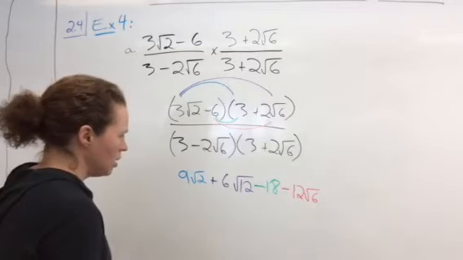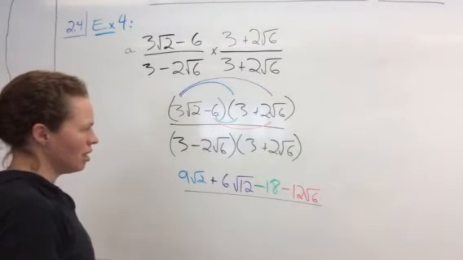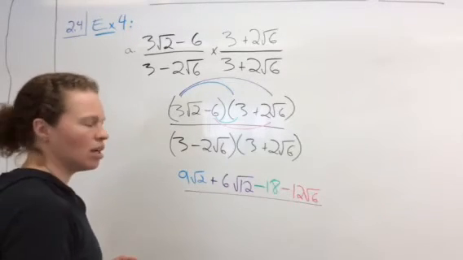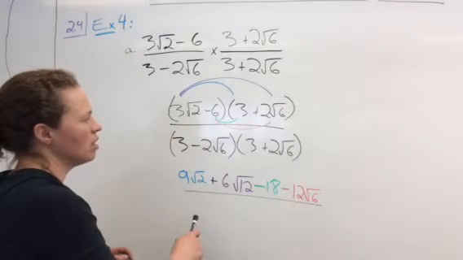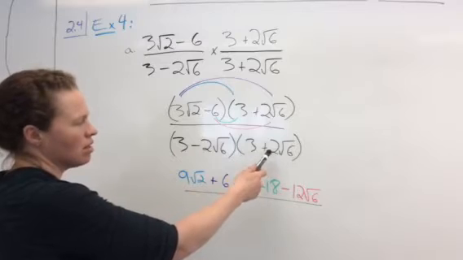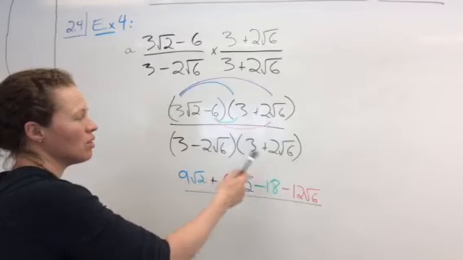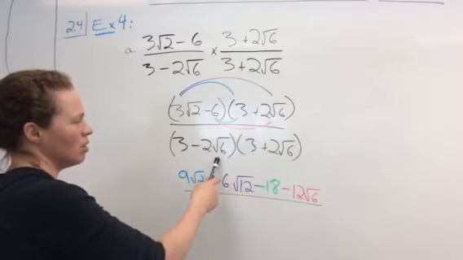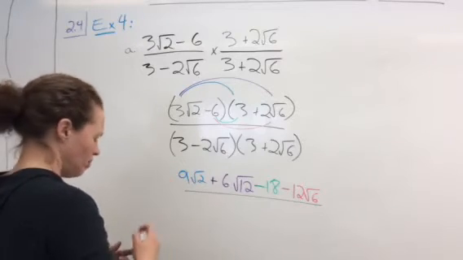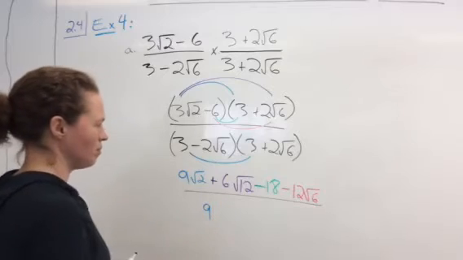So, make my line, and I'm just too lazy to do it long. I would go 3 times 3 is 9, and then I would go 3 times 2 root 6, no one cares because it's positive. It's exactly the same as this, which is going to be a negative. Those two are going to cancel out, so I'm going to end up with just minus 2 root 6 squared. So I'm going to go, here, we'll do this. 3 times 3 is 9,